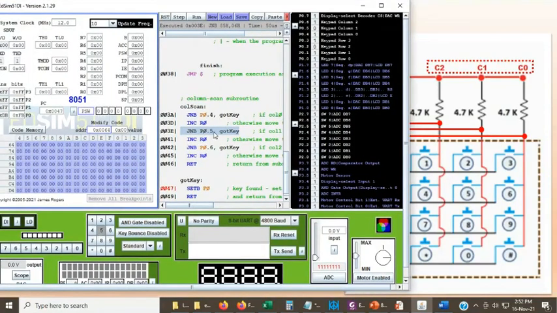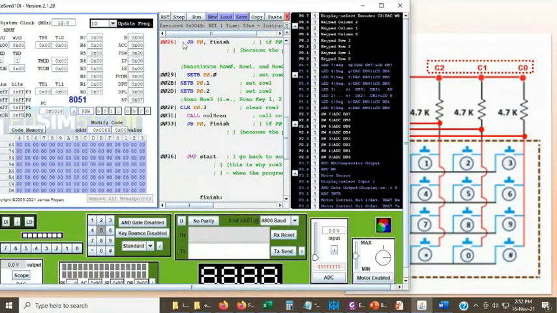So R2 C1 will give you the information of key number 5. So yes, key number 5 is pressed. Now we jumped to a location called got key. I got the key, or key pressed, we can say. So now what are you going to do if you got the key? If you detected the key, make F0 high. So yes, F0 is high now. After getting this keystroke, return to the place from where the function was called.